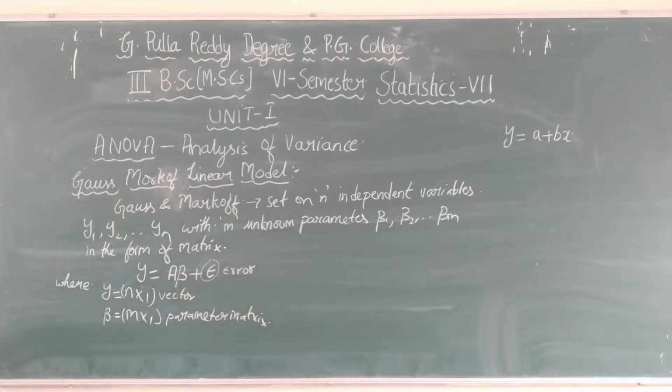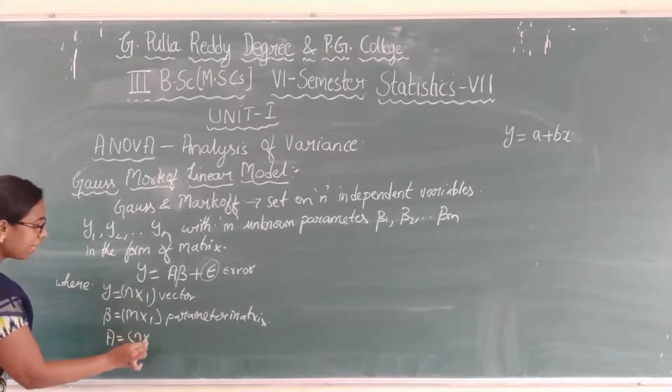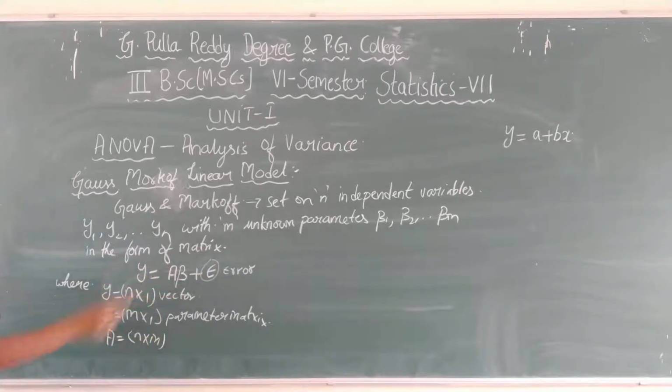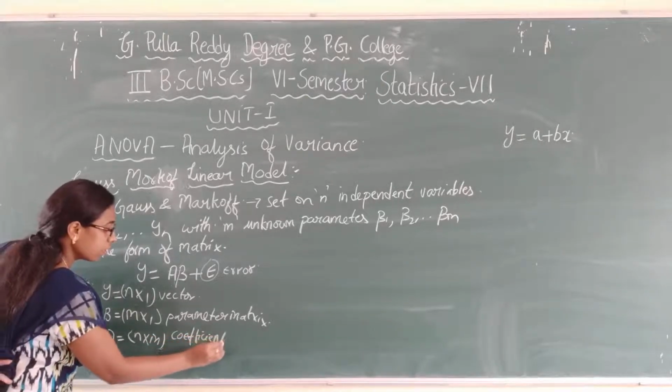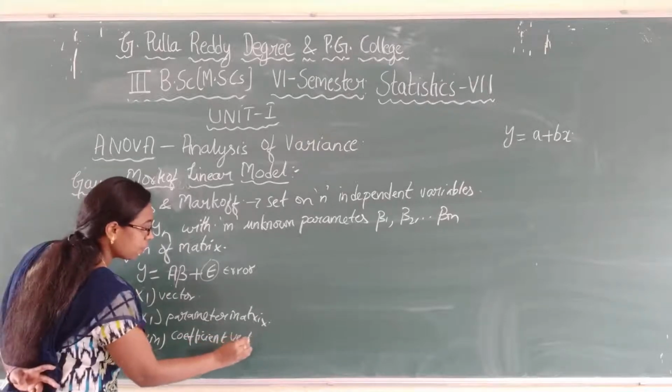Similarly, next one is epsilon. We have A also, right? So what is A? I said A is the coefficient matrix, so the dimensions will be n by n. So A into beta. Beta will have m by 1 and the variables will be n by 1. So in the coefficient matrix we are going to have n by m values. A is the coefficient matrix.